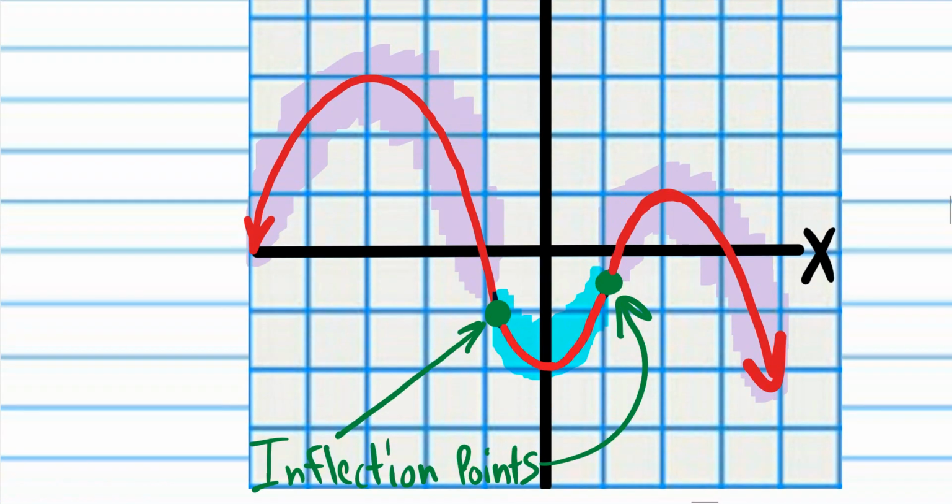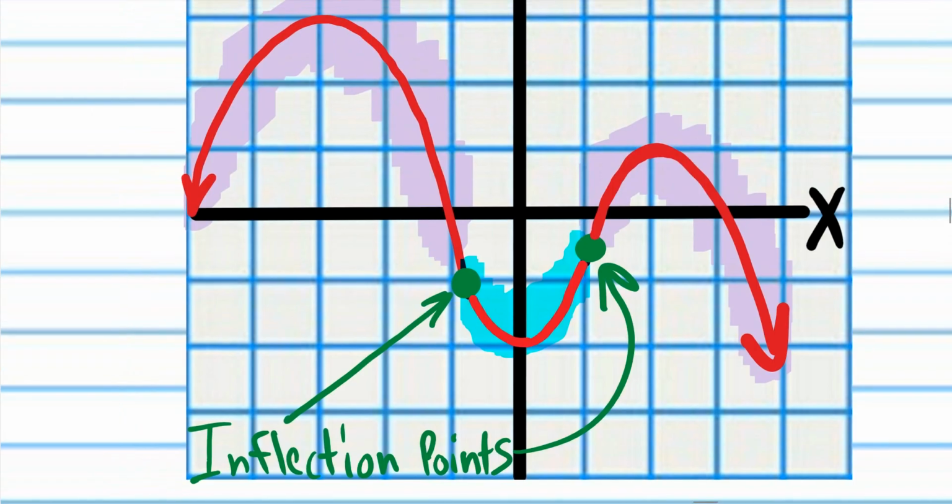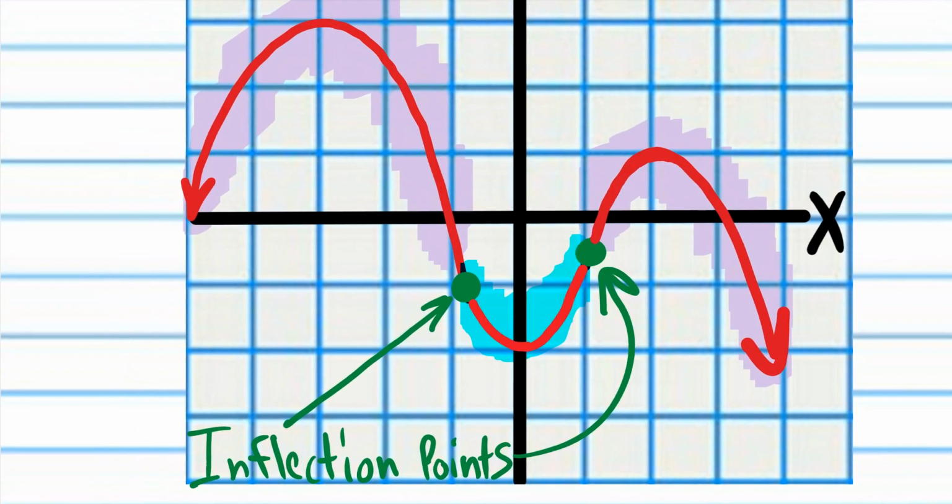So the slope of the tangent line is how fast the y values of the graph are changing as the x values change. But the second derivative is how fast the rate of change of the y values is changing as the x values increase. So I know it's kind of complicated to think about that, but now the inflection points are where the second derivative is going to be 0, because if your derivative,